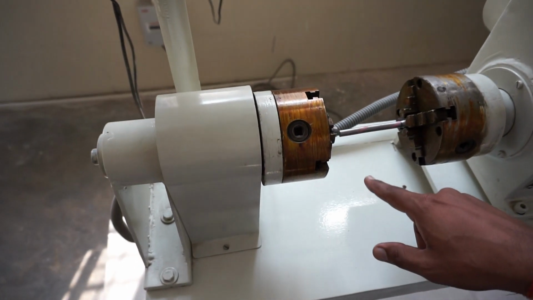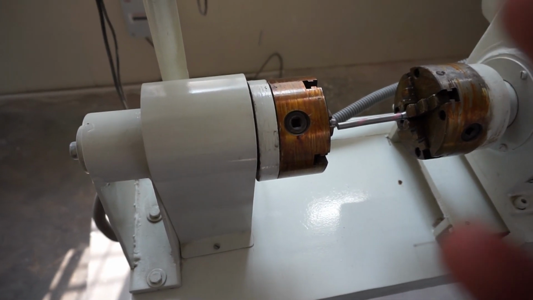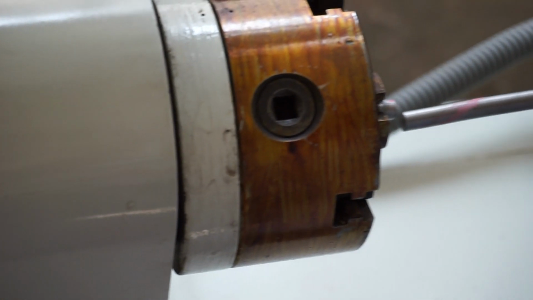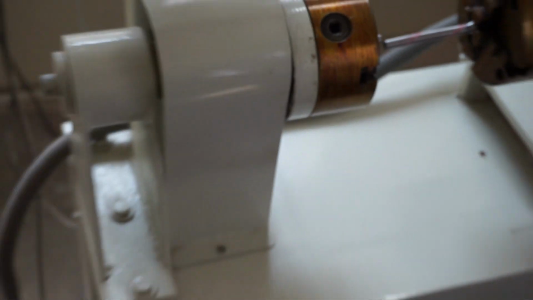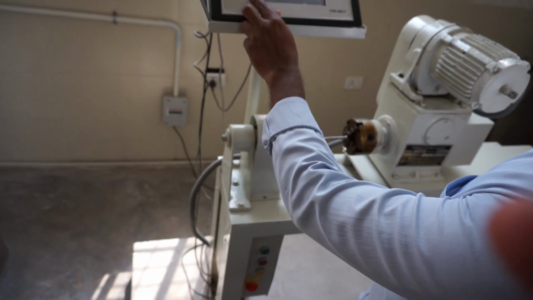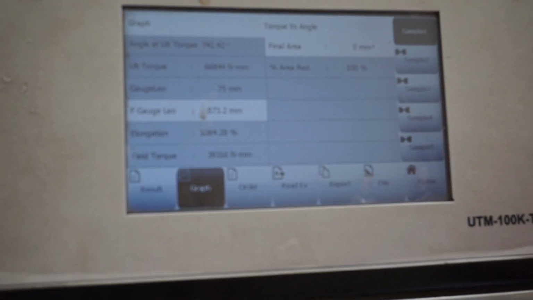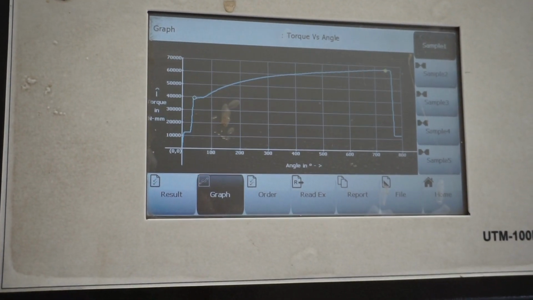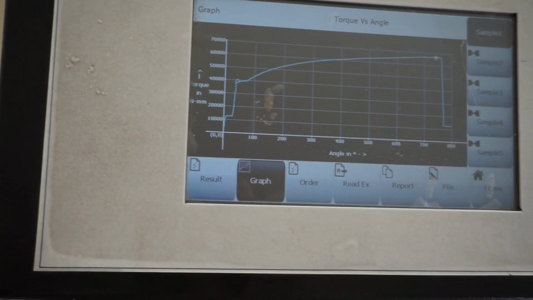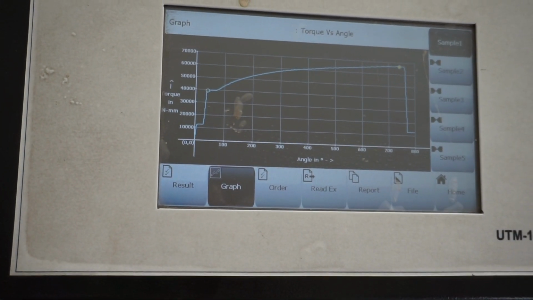Now the specimen breaks. Correspondingly, the T versus theta graph is shown on this screen. This is the T versus theta graph, where theta is the angular twist.